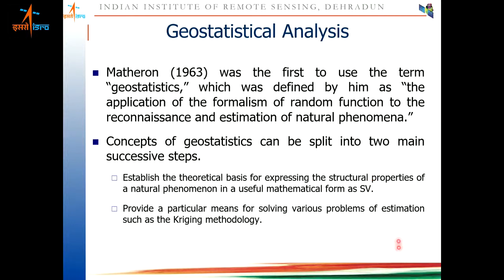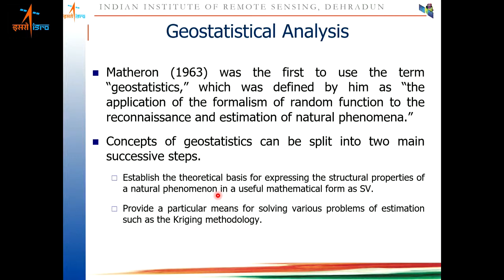So what this statement means is there should be a theoretical function present to model spatial autocorrelation.